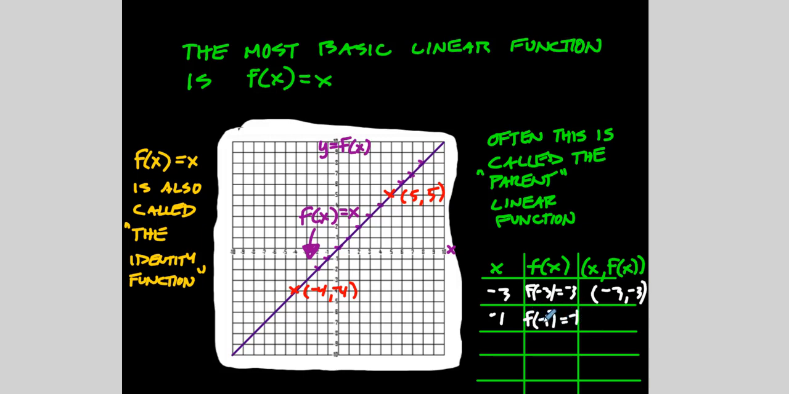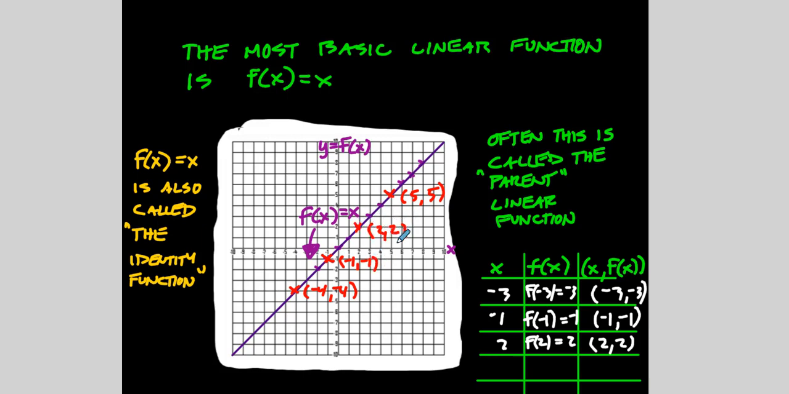And by the way, this does not mean multiplication. This means the function evaluated when x is negative 1. This means the function evaluated when x is negative 3. So this gives us the point negative 1, negative 1. If x is 2, we have f of 2 is 2, so we have the point 2, 2. And we could plot these on the graph if we like. So we have negative 1, negative 1 right here, and we have 2, 2